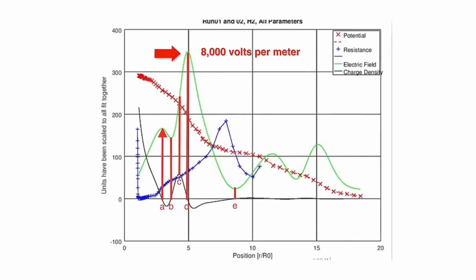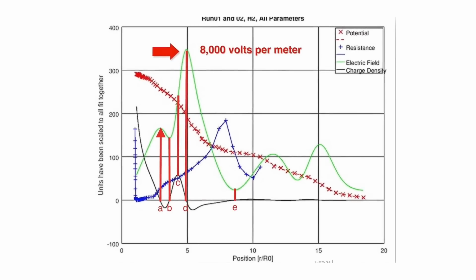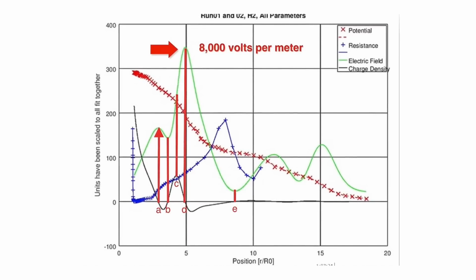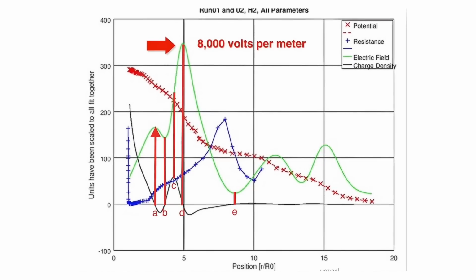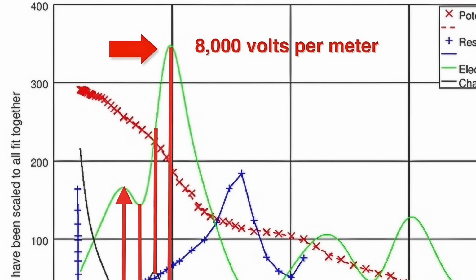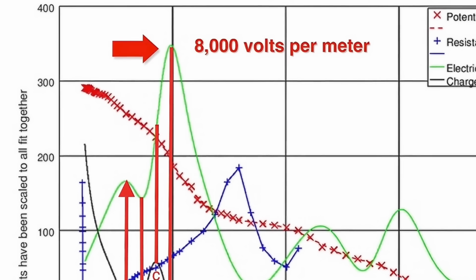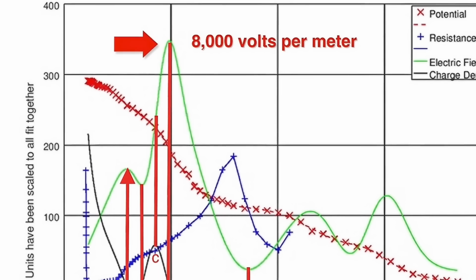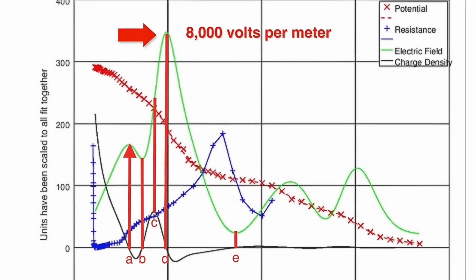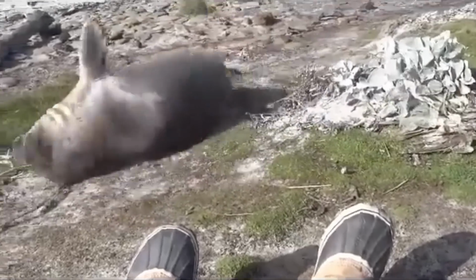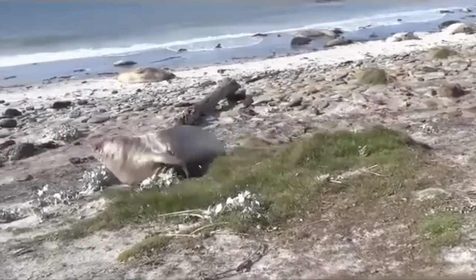Number one, the value of the charge density is shown in black. The green plot shows the strength of the E field, the outward force on each positive ion. The maximum of the E field plot in green occurs at point D. The maximum downward slope of the red voltage potential energy plot is right there. This is analogous to a ball rolling down a hill due to the gravitational force on it.